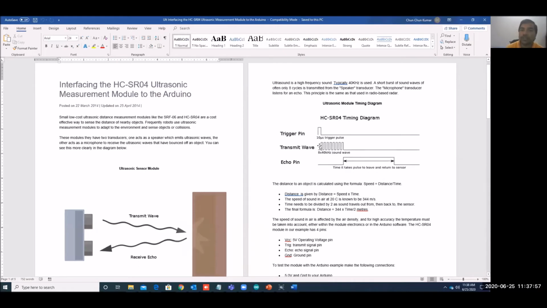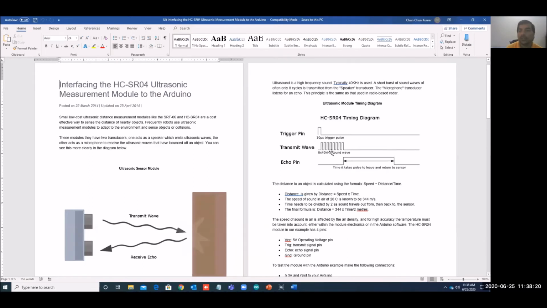Similarly here, if we send waves continuously, they will keep coming back, so it will be difficult to measure the distance because we will have so many waves. That's why we are sending some packets of waves, not a continuous wave. So we will send some discrete waves, and once we receive the signal, we will make it high.